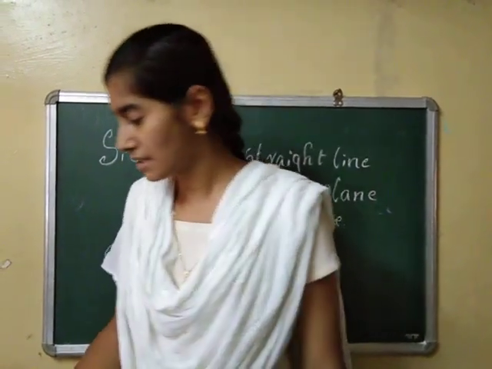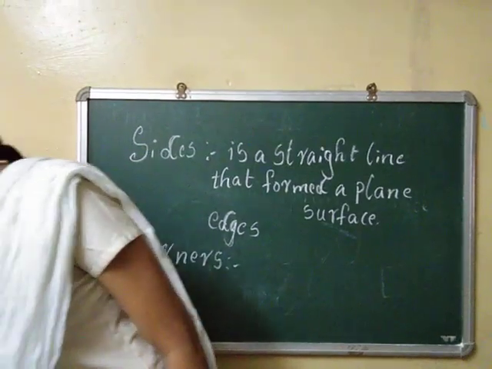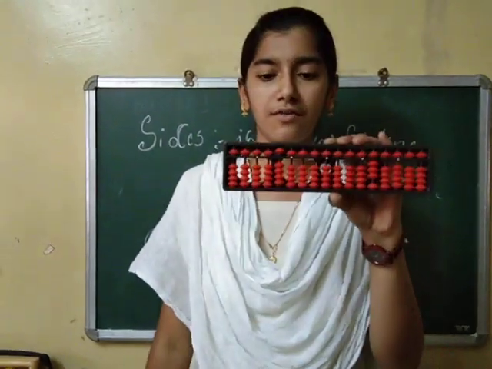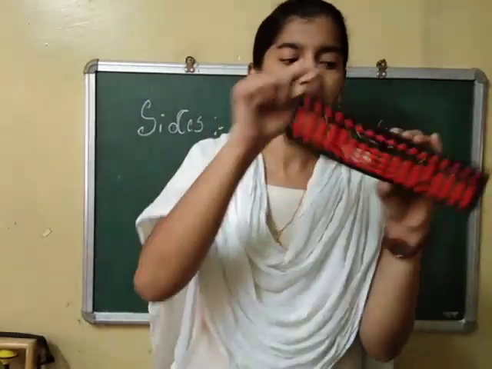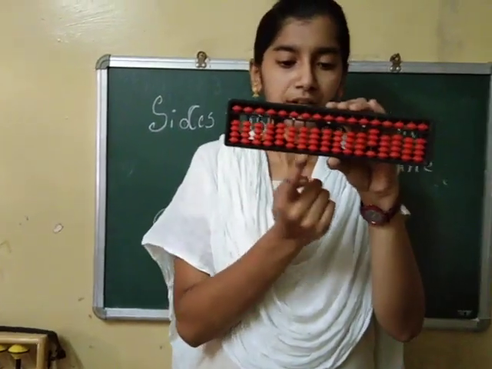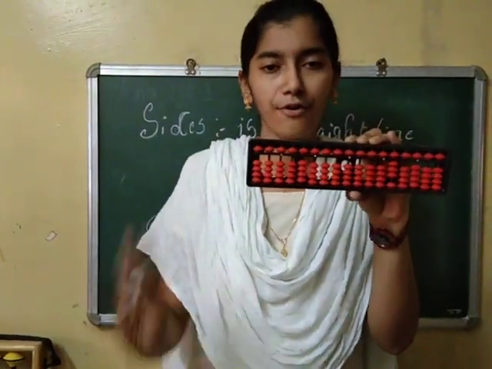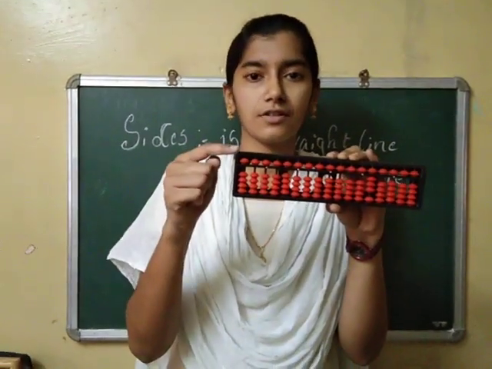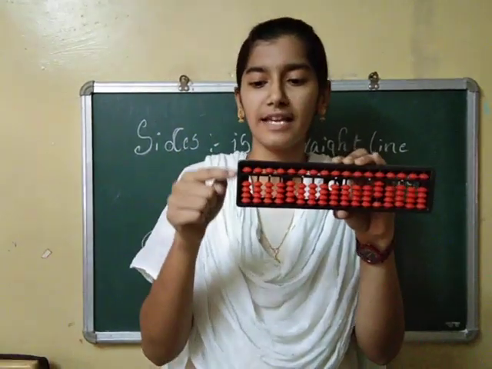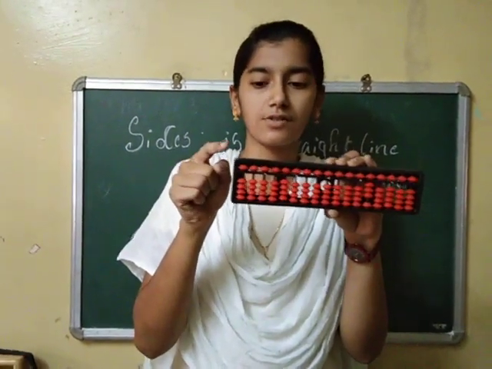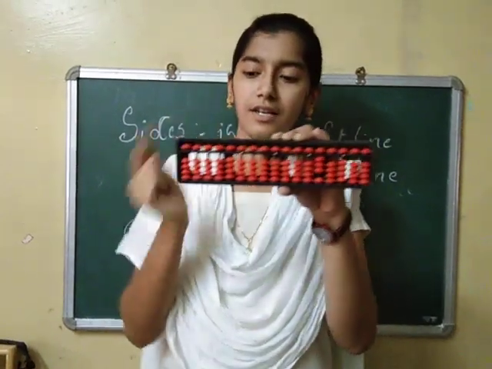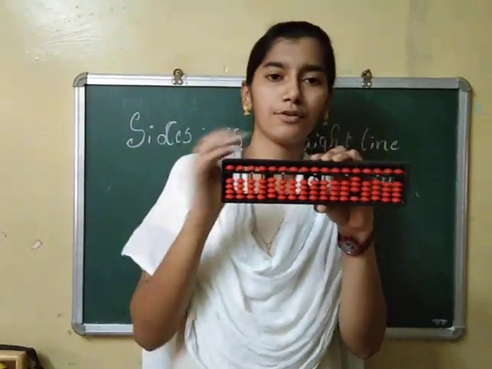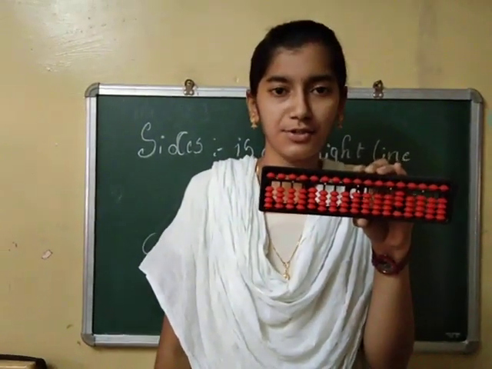Understood? Next, if we are moving to rectangular, I will show the example of a rectangle with an abacus scale. I have the abacus scale, so I took that. Here we can see the sides. How many sides are here? 1, 2, 3, 4. Here we have 4 sides in this abacus scale. So what about the corners? The two lines joining is known as corners. So 1, 2, 3, 4. For this rectangle we have 4 sides and 4 corners. Is that understood?